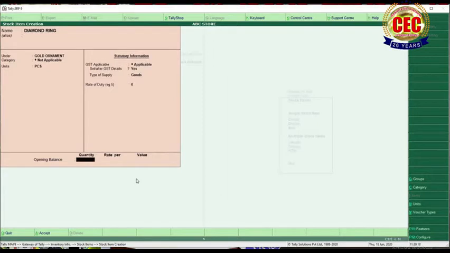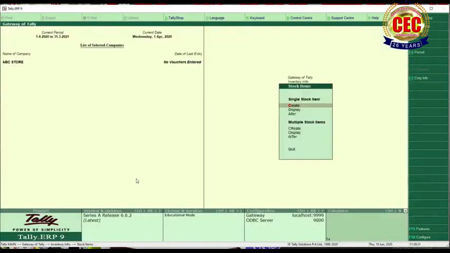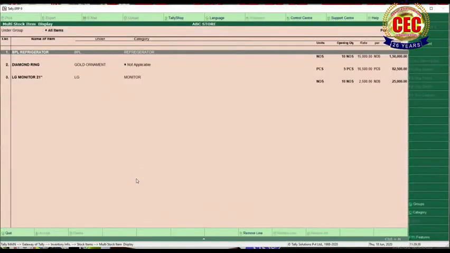That is 5 pieces, that is 16,500. As for display item, you have to select multiple stock item. After that, select display. Press enter, all items. See, already we have. The next thing is, you have to create POS ledger.